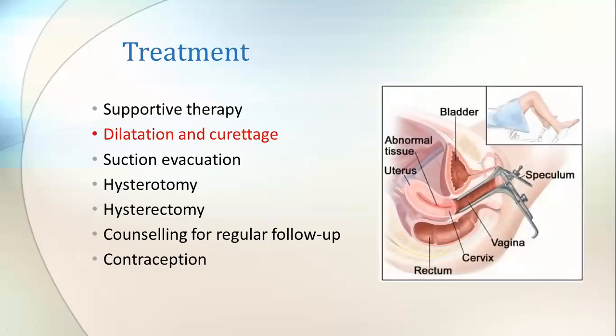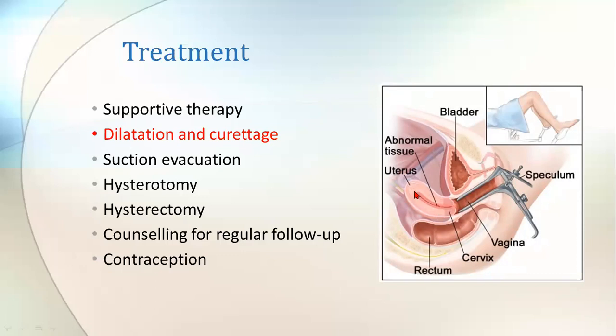Next, dilatation and curettage. There may be two kinds of patients. In group A, the os may already be dilated at home itself, and some of the products may start expelling while the patient is coming to the hospital. Therefore, in that case, just normal dilatation and curetting should be done.